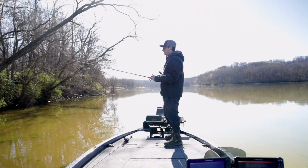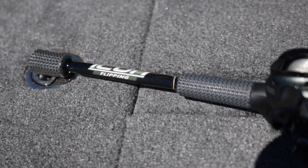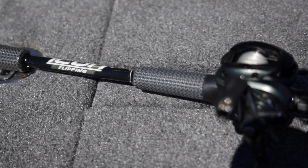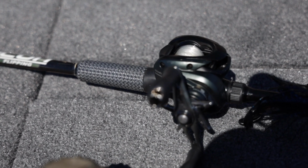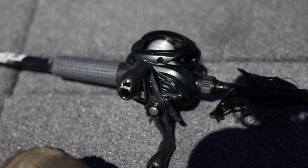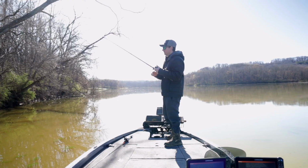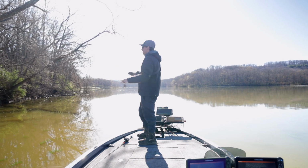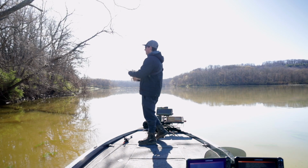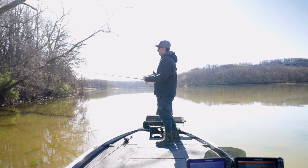Also means you gotta have a really good rod for 2 reasons. The one reason I like to have this rod is to be able to feel what my jig is doing. Like we just talked about, you wanna make sure it's on the bottom at all times. And a lot of times I'll watch my line to make sure of that as well. But I also need this rod to be able to get a good hook set. So 1, to get that hook set through the weed guard and into the fish's mouth. And then 2, to get a strong enough backbone to pull that fish out of that cover